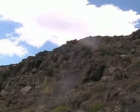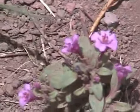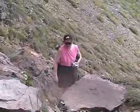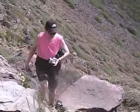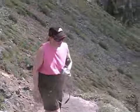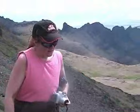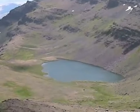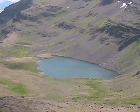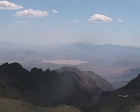And there are wildflowers all the way to the top. Some of these are growing quite small. They're quite dwarfed due to the short growing season, the poor soil, and the extreme altitude and extreme temperatures up here. We can look back and see Whitehorse Lake down below, and out across the canyon we see the Albert